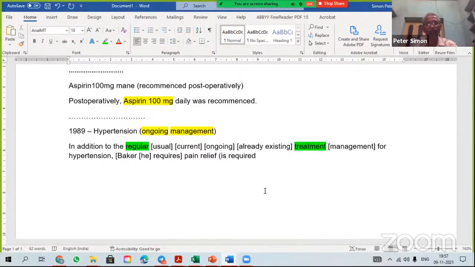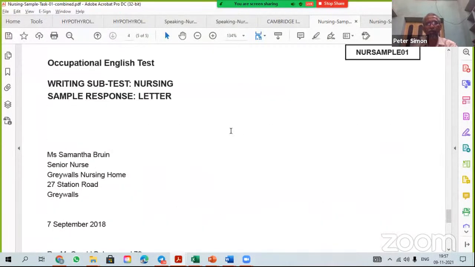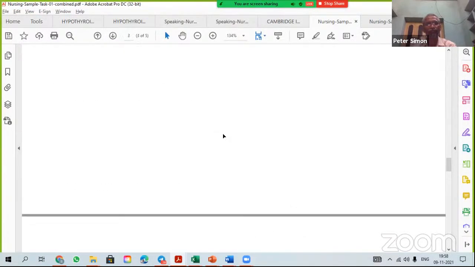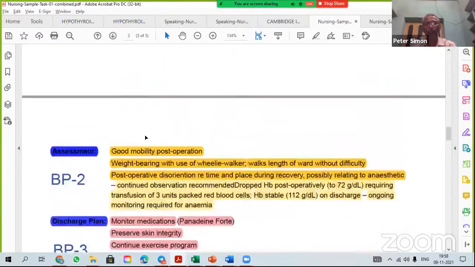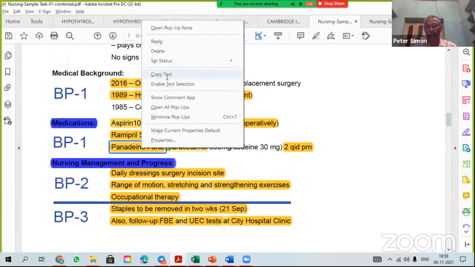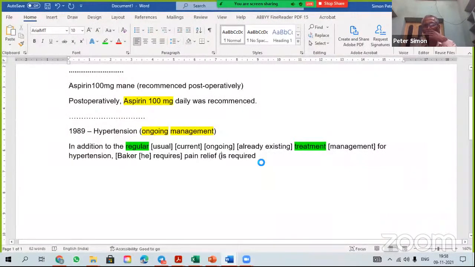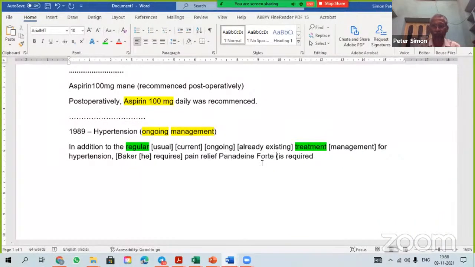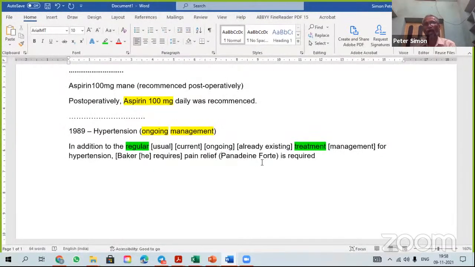Where is this Panadine Forte? Go to the case notes. So here, Panadine Forte. That is what you are going to write. So Panadine Forte, copy. Pain relief, Panadine Forte is required. Panadine Forte in brackets you have got. Pain relief Panadine Forte is required. And then,